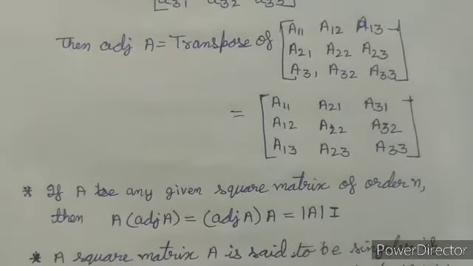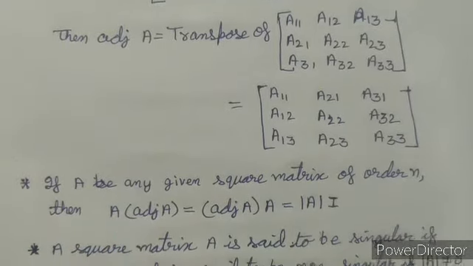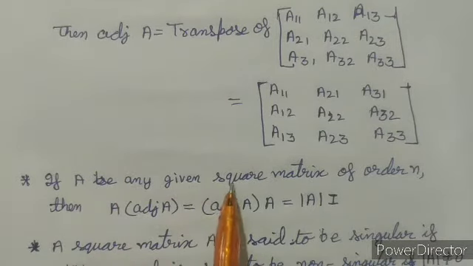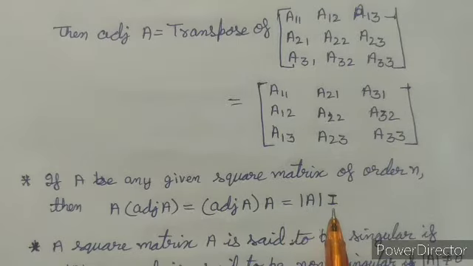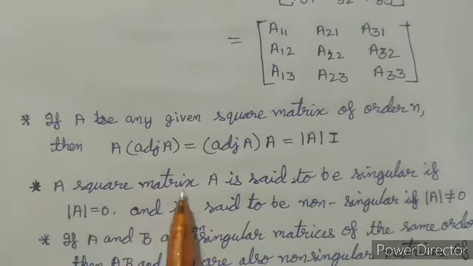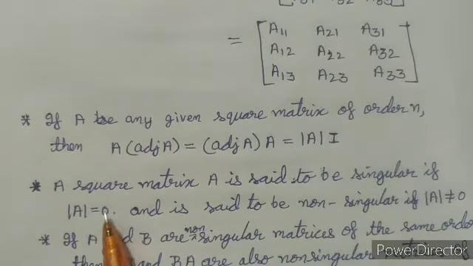Now, there are some theorems related to adjoint of a matrix. First one is, if A is any square matrix of order n, then A into adjoint of A is always equal to adjoint of A into A, and that is equal to determinant of A into the identity matrix. Second one is, the square matrix A is said to be singular if determinant of A is 0,